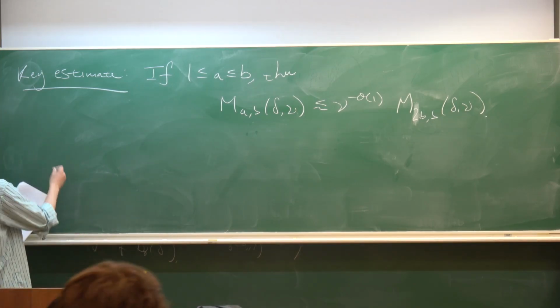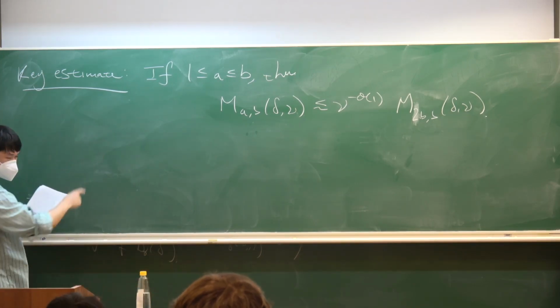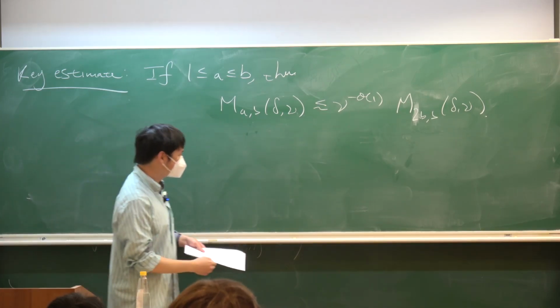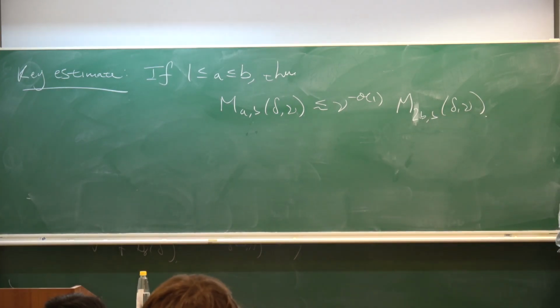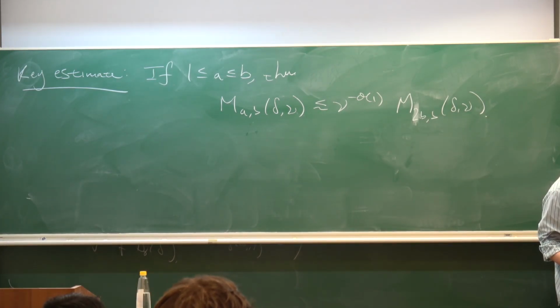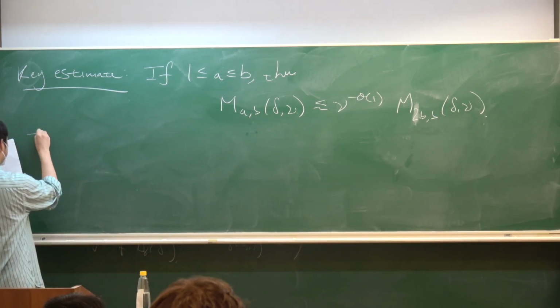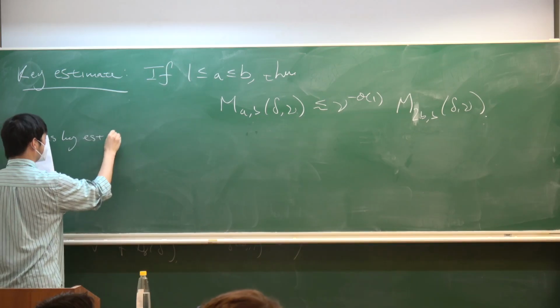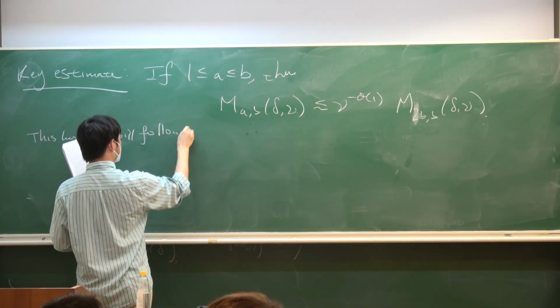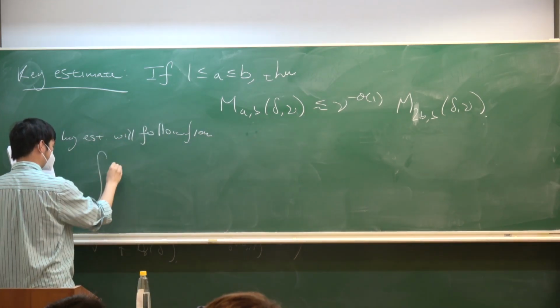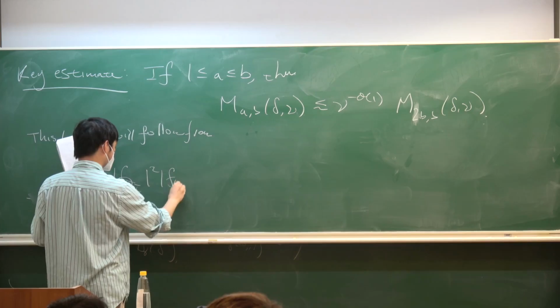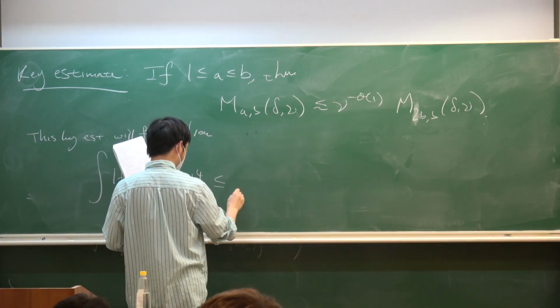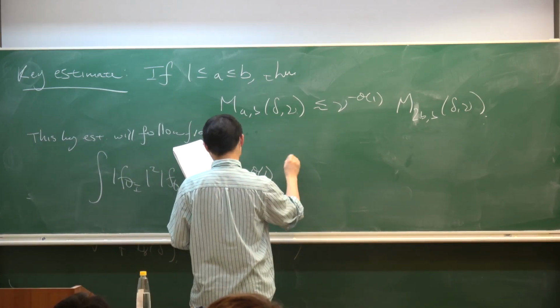Okay, so if I wanted to prove this estimate, how would I prove it? Just like how the earlier estimate had actual estimates about integrals behind it, and if we proved the resulting integral estimate, we could prove the resulting decoupling constant estimate. What is the estimate behind this one? Well, this key estimate will follow from the fact that the integral of f theta I squared, f theta I prime to the 4 is bounded by some